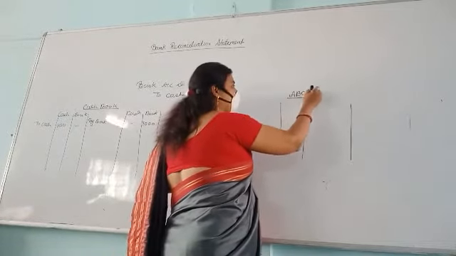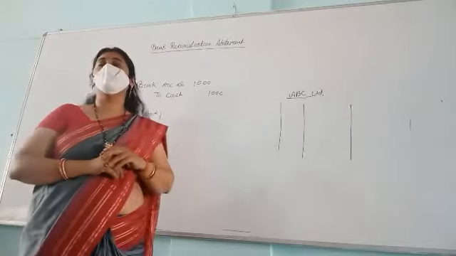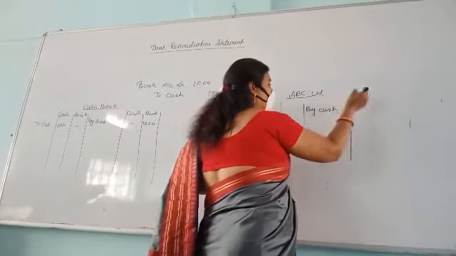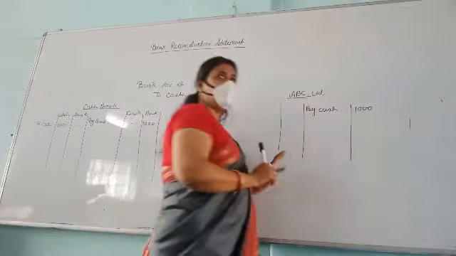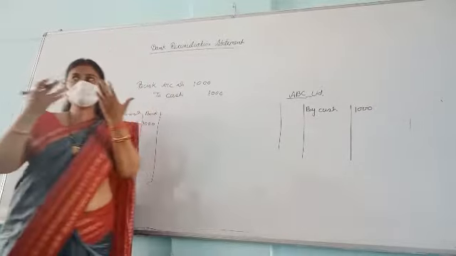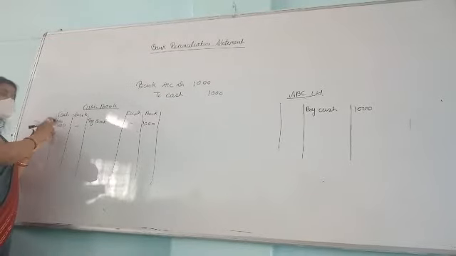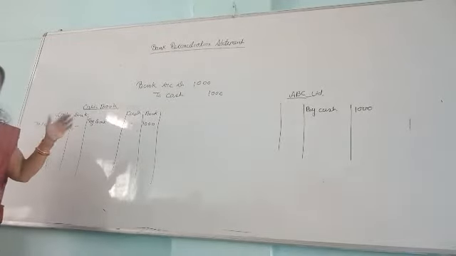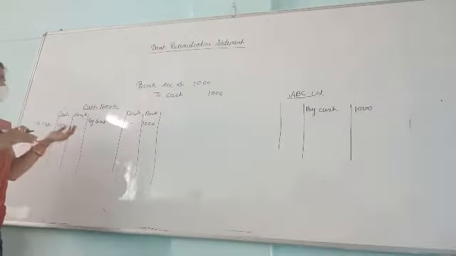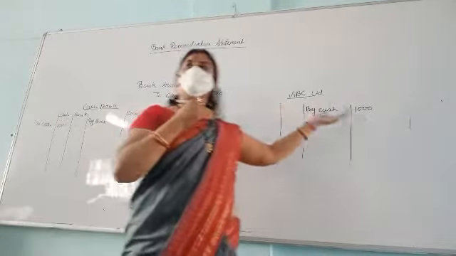Suppose the firm name is ABC Limited, and when we deposit 1000 into the bank, what will the bank do? It will write "By cash" and write this 1000. The bank has credited our account, but as the cash has gone from us, what will we do? We will debit our account. As the cash book is prepared on the formula debit what comes in, credit what goes out, whenever the cash has gone from us, we debit our account and the bank will credit our account.